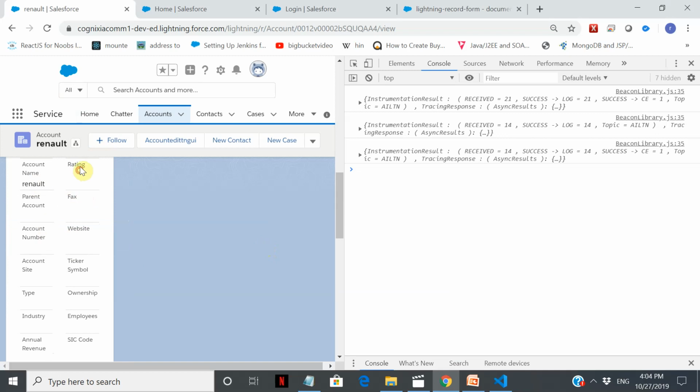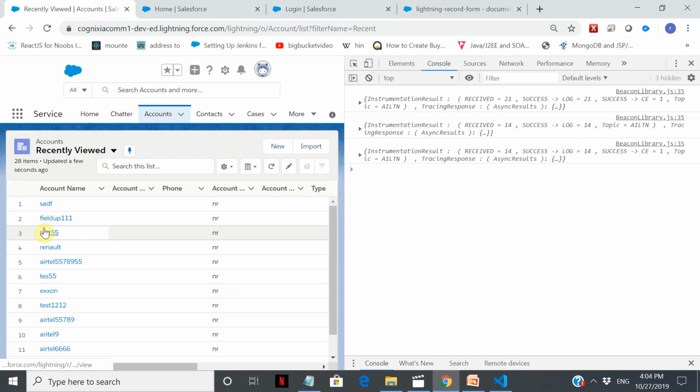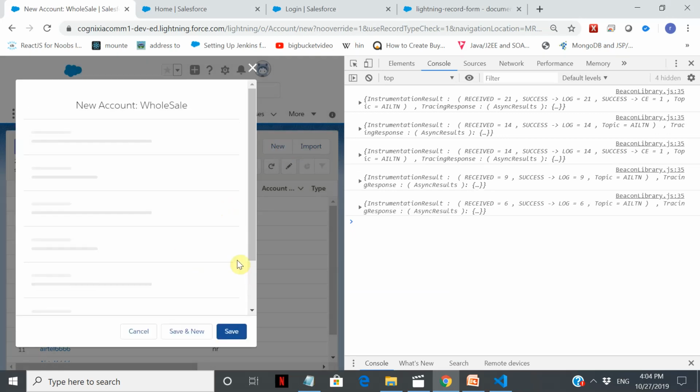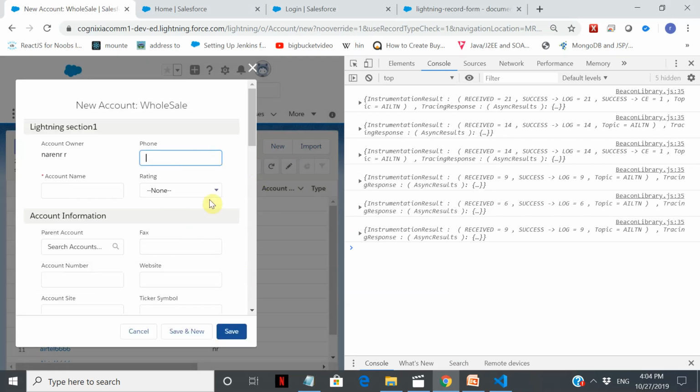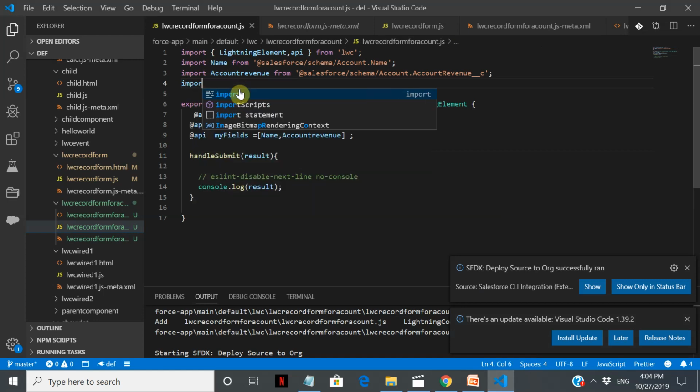Let me take the default form here. So rating is of type pick list. So I will import rating. Now we need to just import the schema here. Please note here, you don't need to actually import the object. You can just pass it as a text parameter. Oops, sorry.